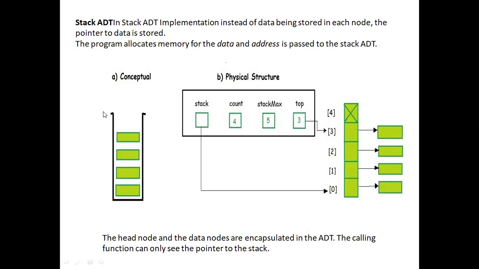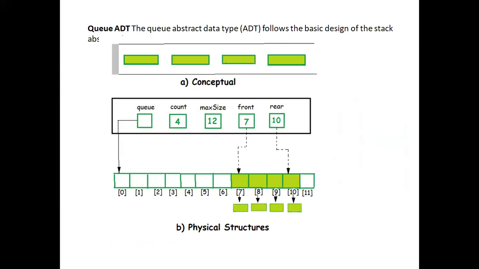Conceptually I can see it simply like this in part A, but in part B, what will be there? Implementation by using a linked list. I can also implement the same using arrays, so you can see here, by using arrays, this is the structure. Now you can see the queue structure also. Conceptually, you can see in part A how the queue will be implemented, that is, your data is stored in the queue.